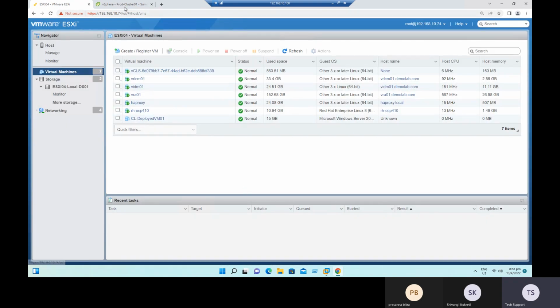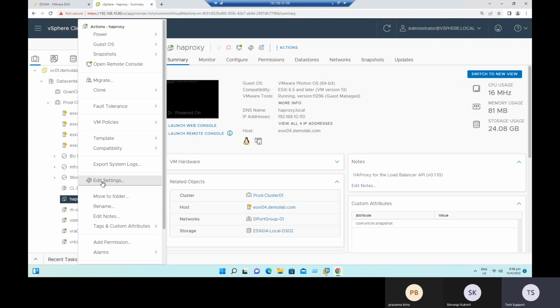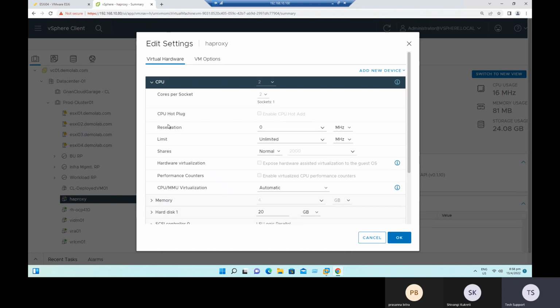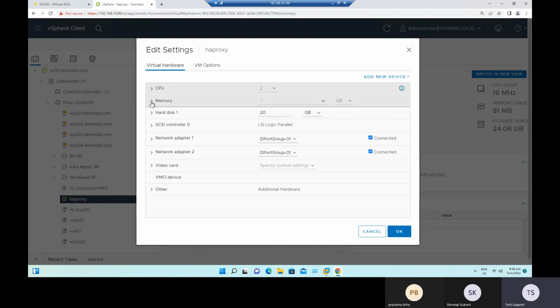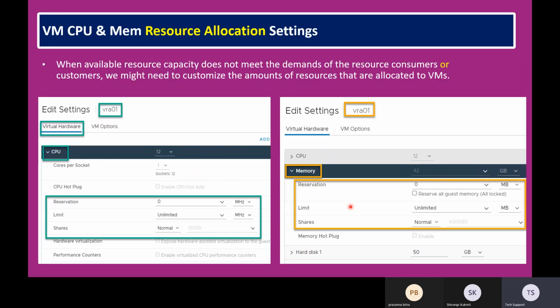level also. When you go to the vCenter server, even in the vCenter server, if you select any virtual machine, for example, I'm selecting an HA proxy VM, go to edit settings of the HA proxy VM. Here also we have the same settings. Expand CPU, you can see the same settings: reservation, limit, shares. And the same way, when I expand the memory also, same settings. Okay, hope you understand this point: we can see the same settings at either the ESXi host level and vCenter